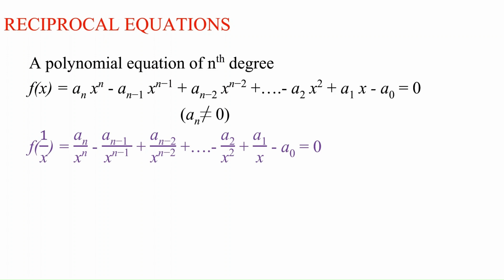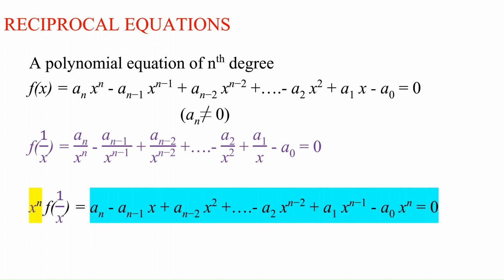Again, to make it a polynomial, multiply with x power n. After multiplication with x power n, this is the resultant equation. Now, we know that a_n and a naught values have to be the same. So, in place of a_n, we can write a naught because those two values are the same. Let us write this here. So, a naught minus a1 x, only considering the value, plus a2 x square, and so on. Here we'll have a_(n-1) x power n minus 1, minus a naught, since a_n and a naught values are the same,